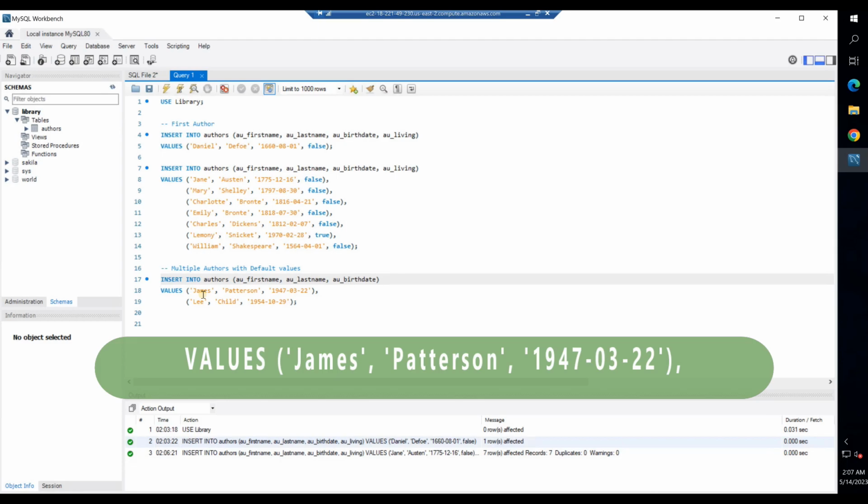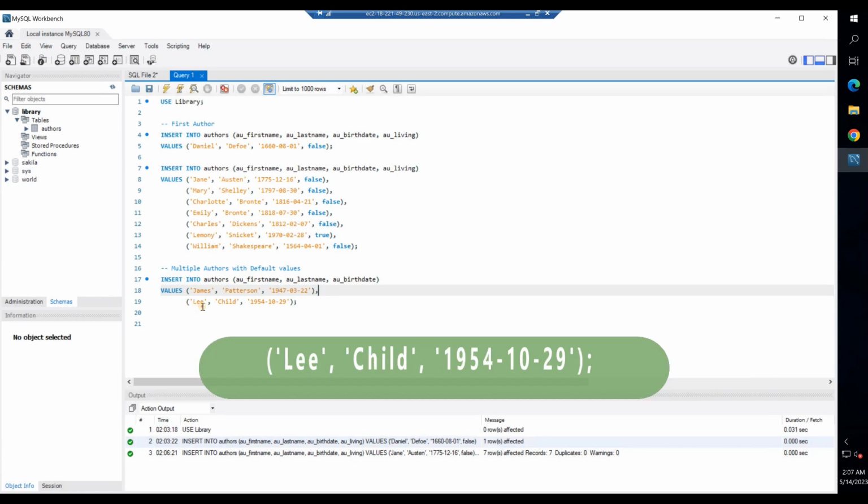Values within parentheses, within quotes, James, within quotes, Patterson, within quotes, 1947-03-22, within parentheses, within quotes, Lee, within quotes, Child, within quotes, 1954-10-29,